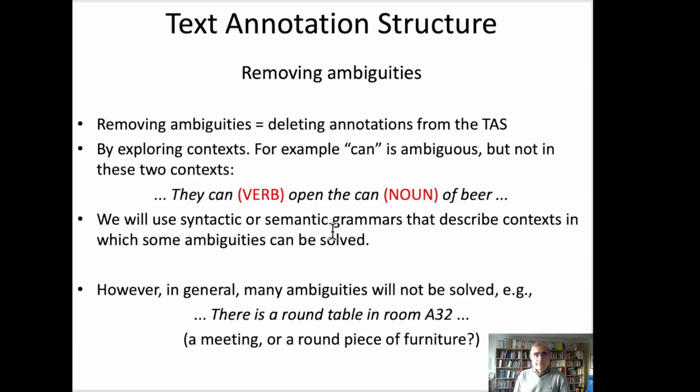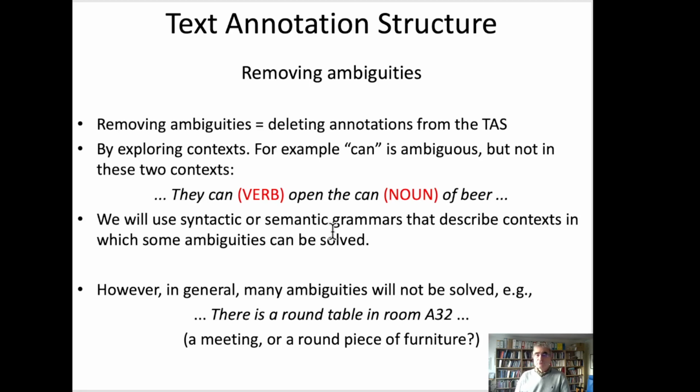Until now, we have seen how we can add annotations to the task, basically by applying dictionaries and grammars to the task. So every time we find some hypothesis, some lexical hypothesis, we can annotate them in the task. But now we're going to see that we can also remove ambiguities by deleting annotations from the task. So how can we remove ambiguities of a word? It's because we are going to explore its context to find out that